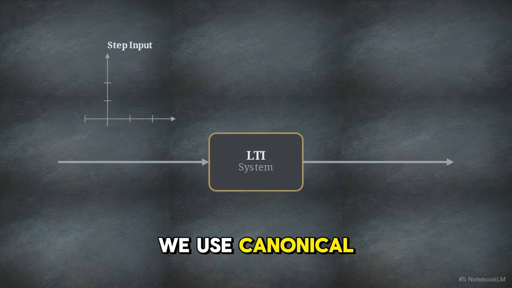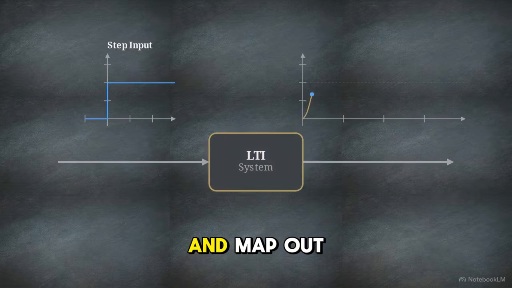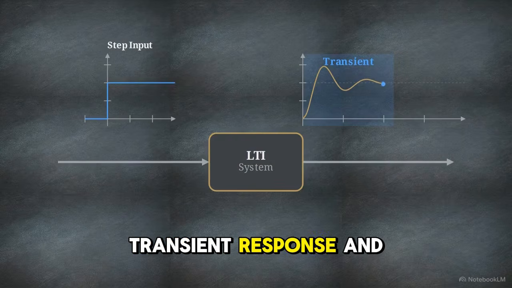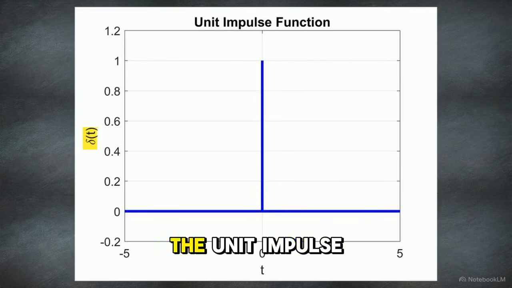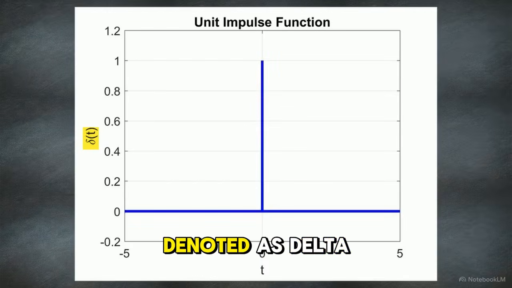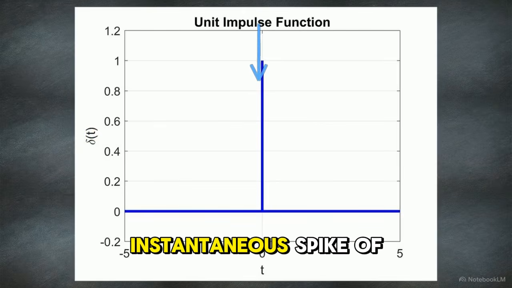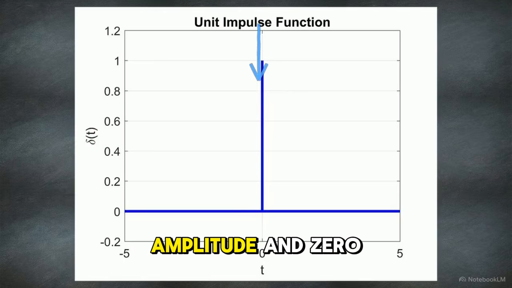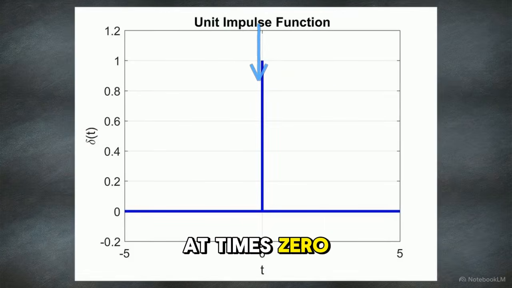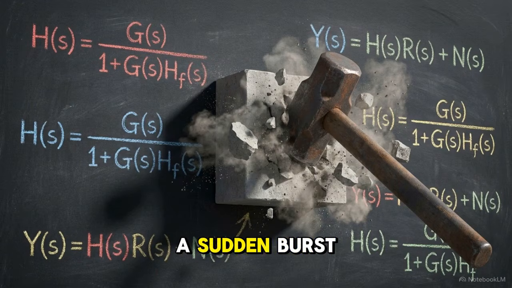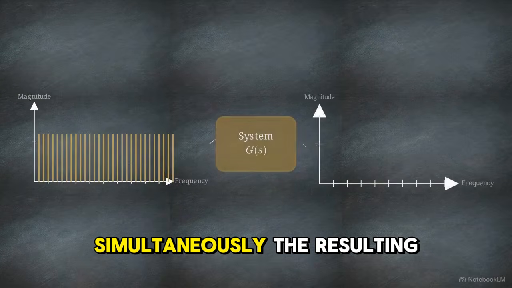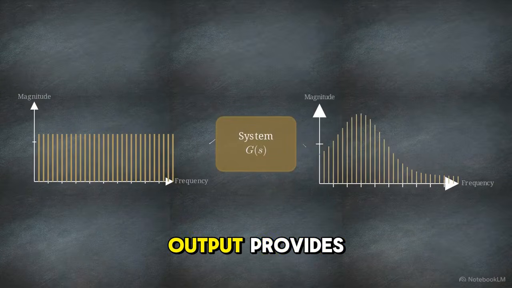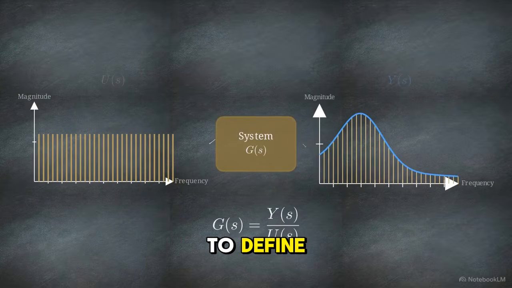We use canonical input signals to probe the system and map out both its immediate, transient response and its long-term steady-state behavior. This chart plots the unit impulse function, denoted as delta t. It delivers an instantaneous spike of infinite amplitude and zero duration at time zero. Physically, the impulse is a sudden burst of energy. Because it excites the system across all frequencies simultaneously, the resulting output provides the mathematical basis to define the system's